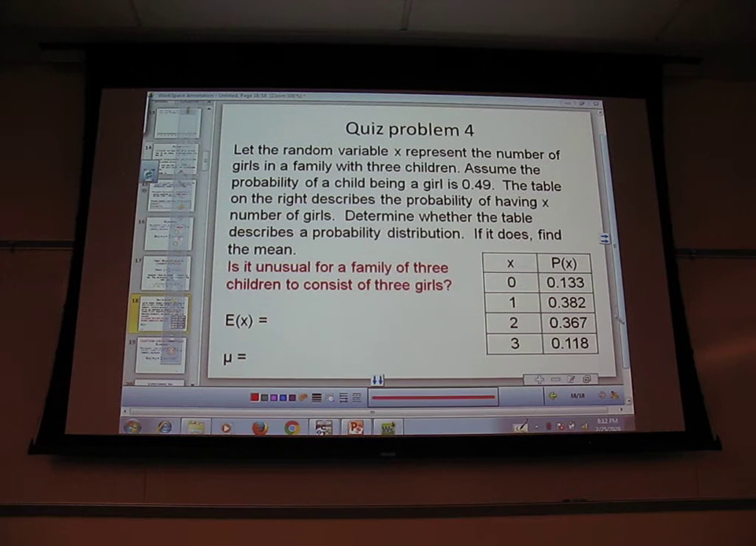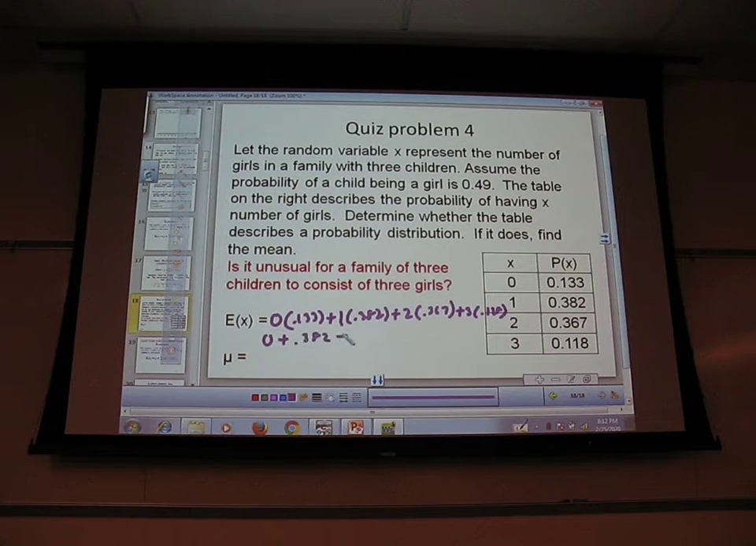Value multiplied by its probability. So the first one's going to be 0 times 0.133. Next one is 1 times 0.382. Next one is 2 times 0.367. And the last one is 3 times 0.118. So then you'll end up with 0 plus